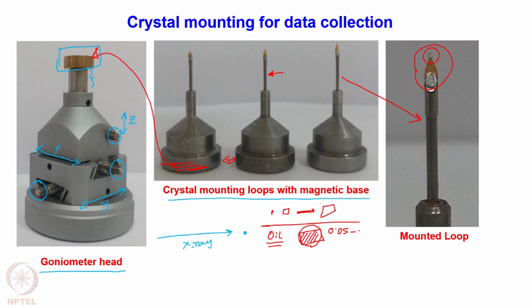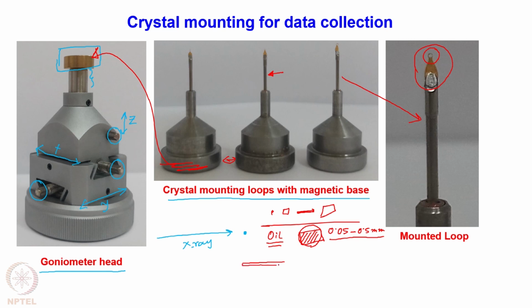and these loops are available of all the sizes from 0.05 to 0.5 mm in diameter. Using those, one can mount these crystals on the diffractometer. If we do not have these loops, there are other types of loops that one can use, which is also available